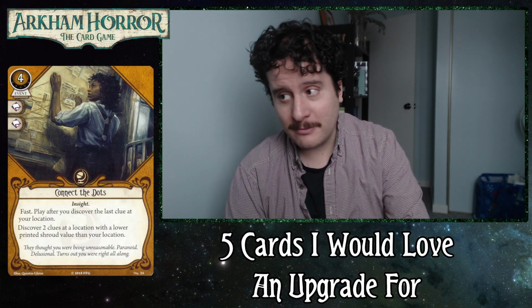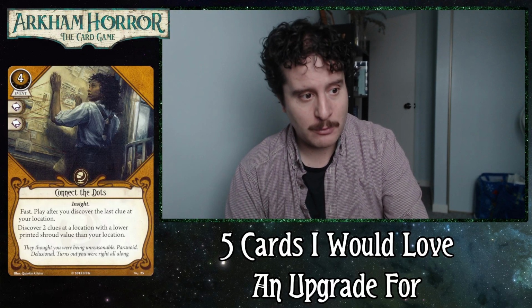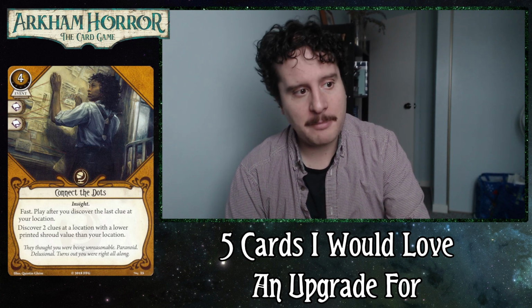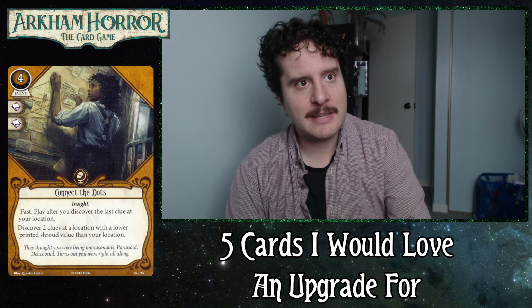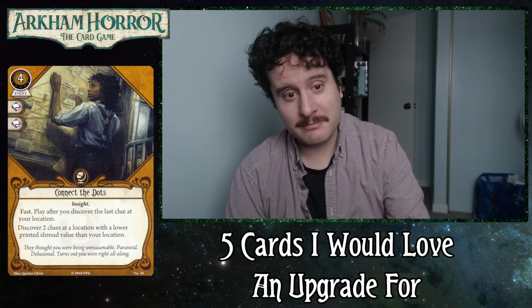If we had a level 2 version, we would see it played in Daisy and Luke. Anyone who can splash into it, even Rex Murphy, could take advantage of it. I think it's a very powerful effect that is just kind of stopped by its cost. And we see Stirring Up Trouble at 1 experience. I think maybe pushing it a bit more to 2 experience would be